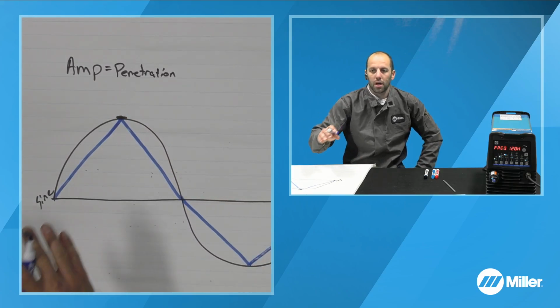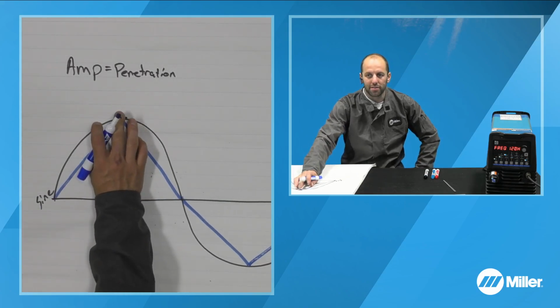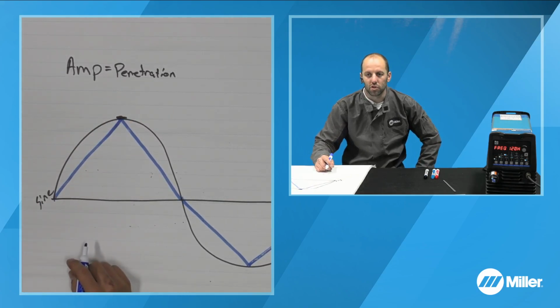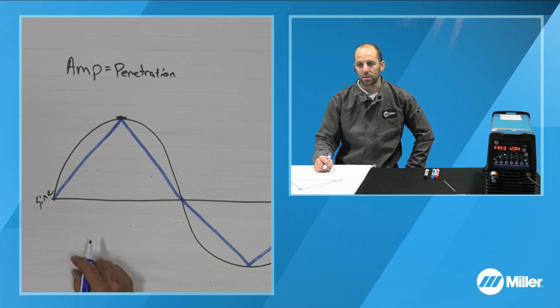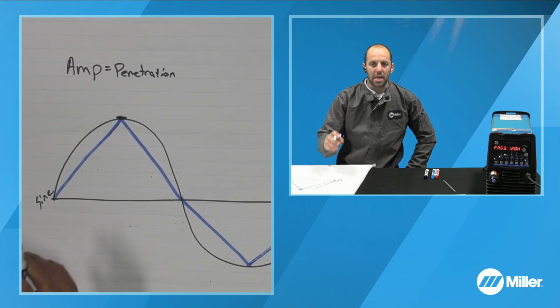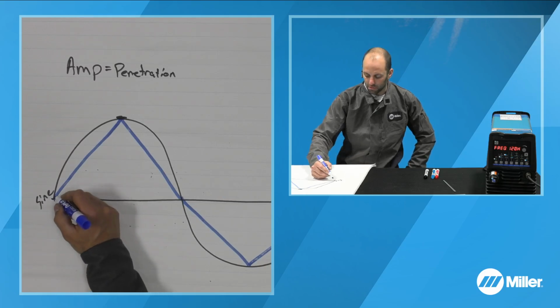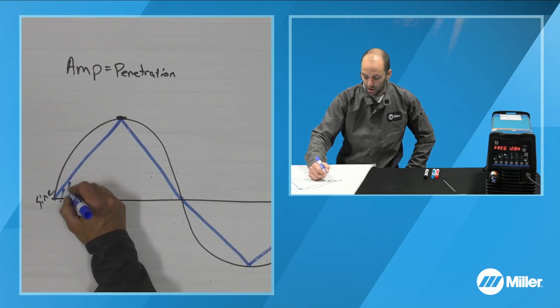So again, we still have the same amount of peak amperage up here, driving our penetration into the workpiece. But heat equals area underneath the curve. So we are actually,